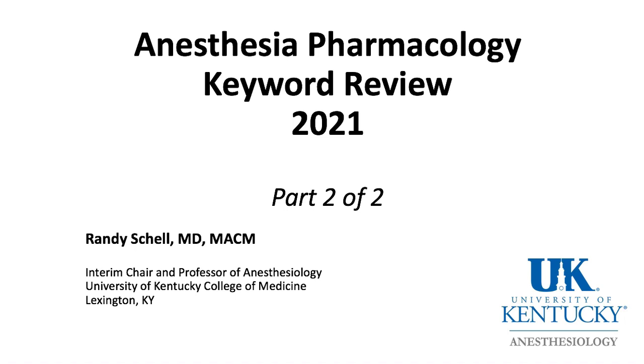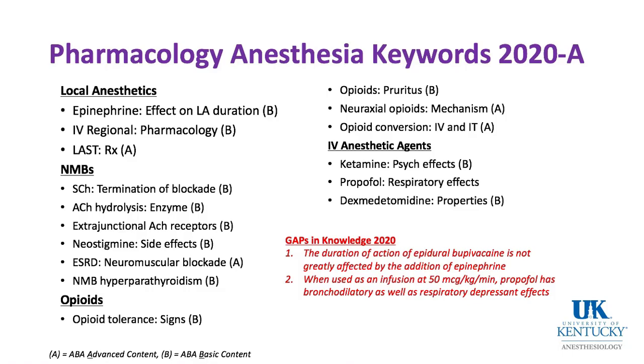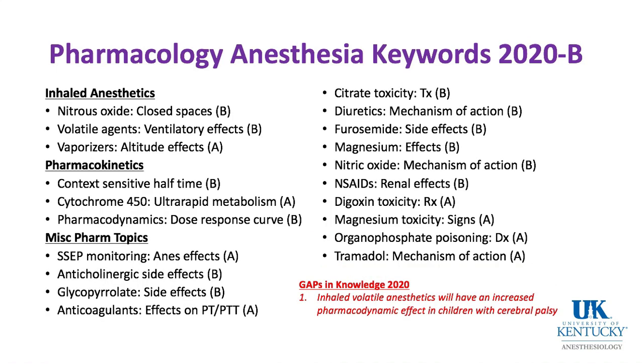Now, in part 1, we covered the pharmacology of local anesthetics, neuromuscular blocking agents, opioids, and IV anesthetic agents. Those are the keywords that were published by the American Board of Anesthesia in 2020. And now we're going to move on and cover the keywords related to inhaled anesthetics, pharmacokinetics, and some miscellaneous